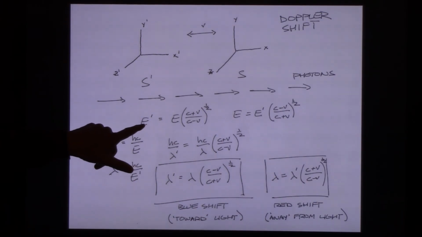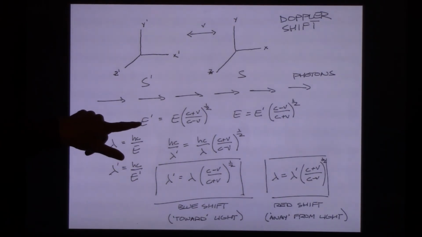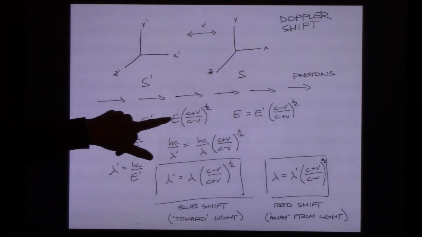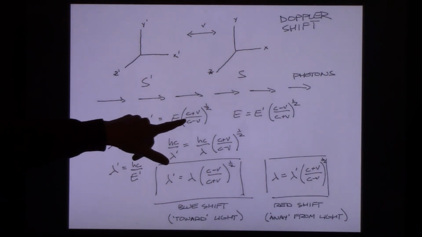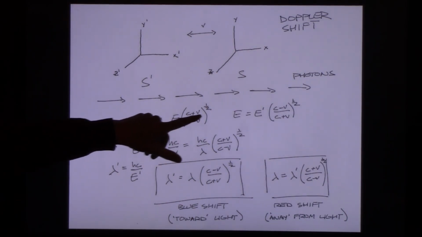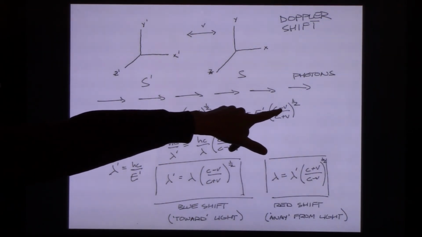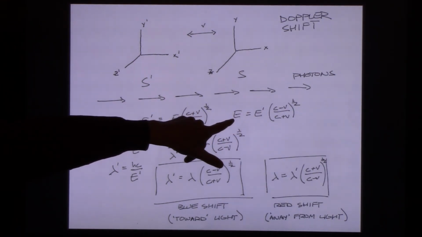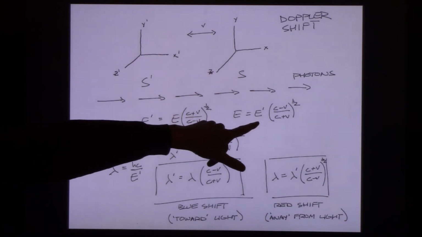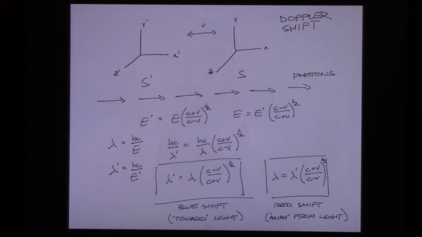Here is the formula. Now I'm going to call this the blue shift formula because the energy I measure, E prime, is higher in energy than it was in the other frame. This is my redshift formula for energy. It's got a minus sign here, and that's reminding us that the energy E is less than the energy E prime. Now, to convert this into wavelengths,